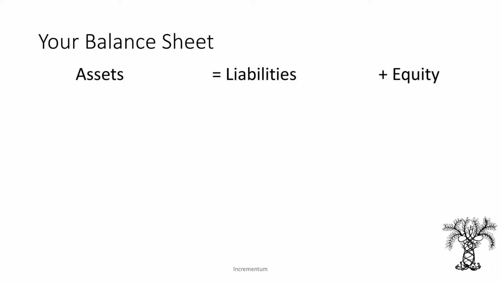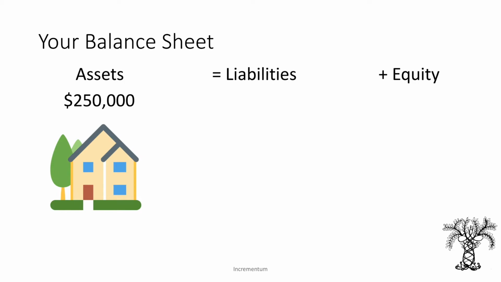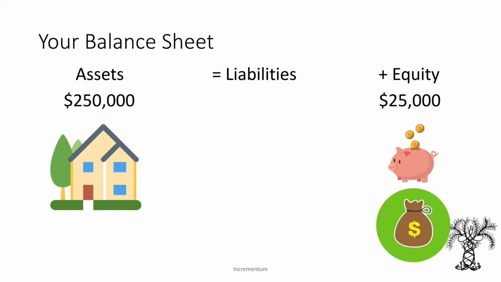You find a house you like, and you find that it's $250,000. So far, you've saved $25,000. So we're going to put that under equity because that's your money. It's going to take you a really long time to save those $250,000. So what you can do instead is use the $25,000 you have so far and a loan or a liability